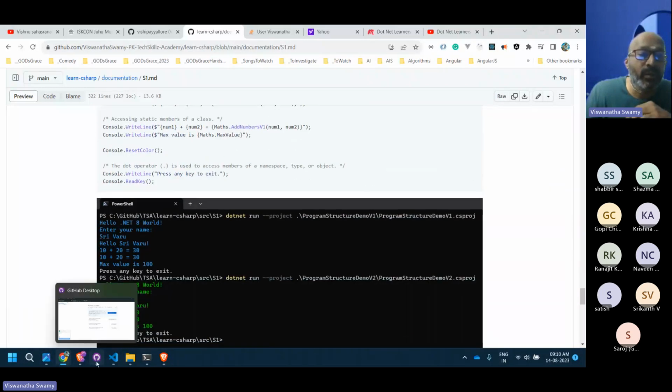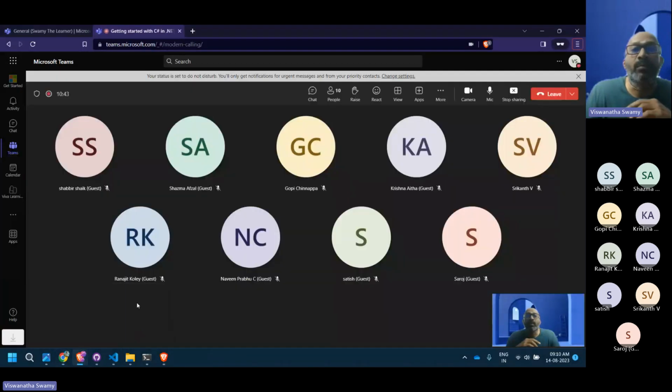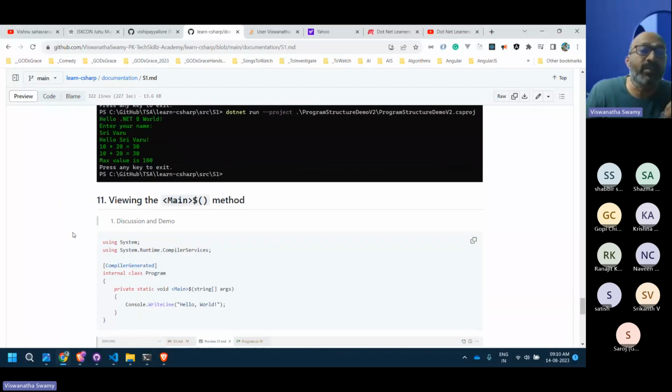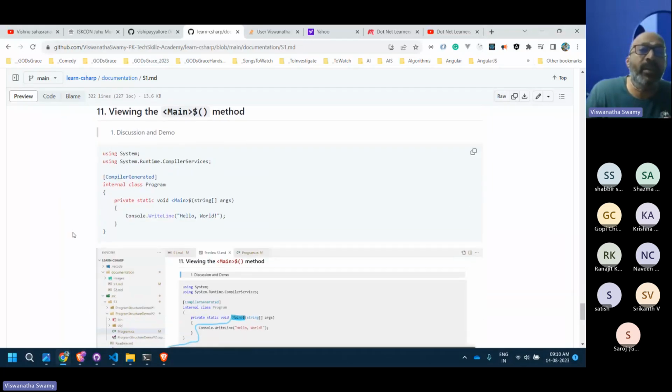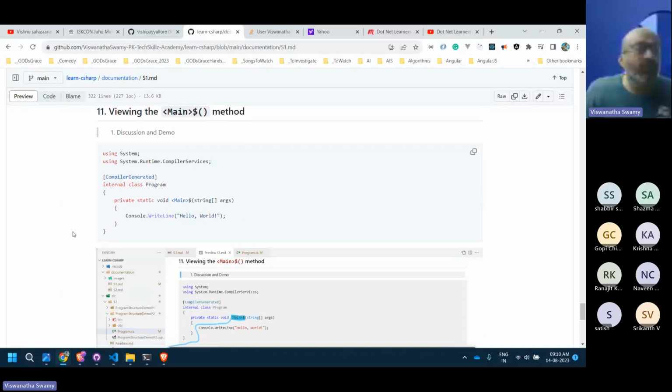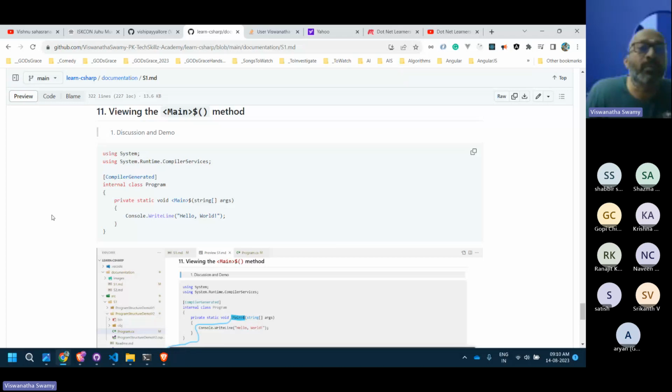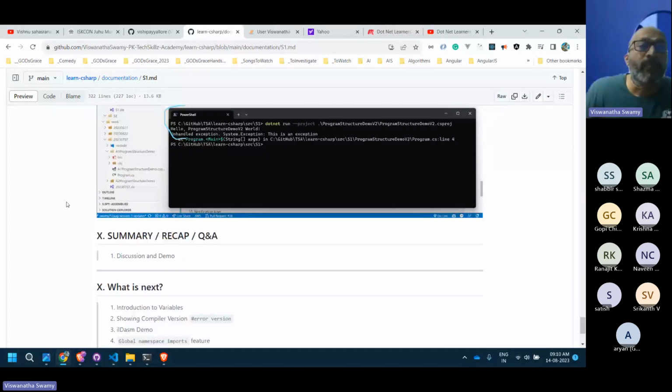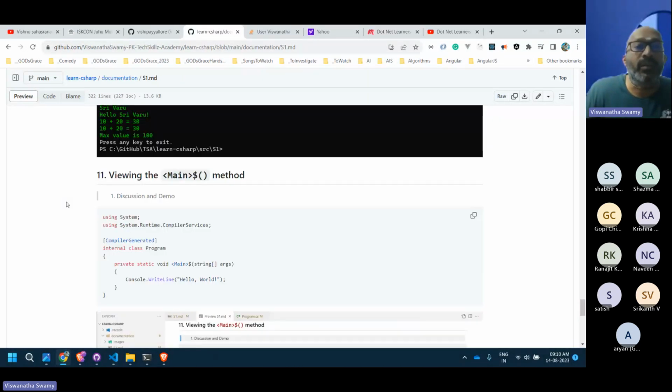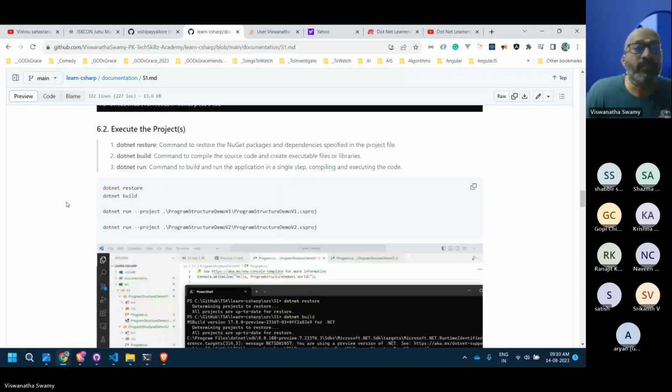And we will be doing 2 varieties: one with top-level statements, and one with the old traditional Main method. We will see some of the internals as well. So let's start without further delay.